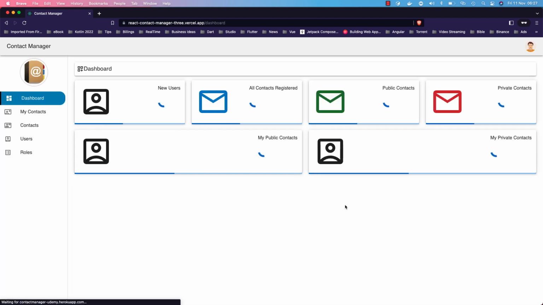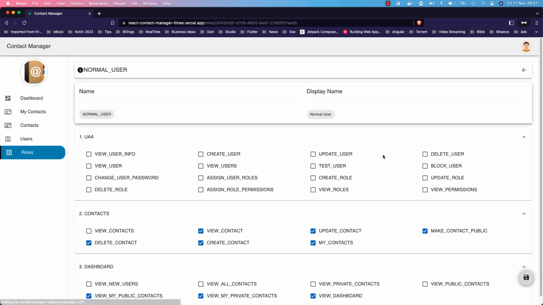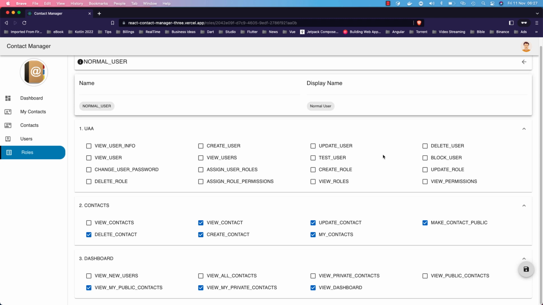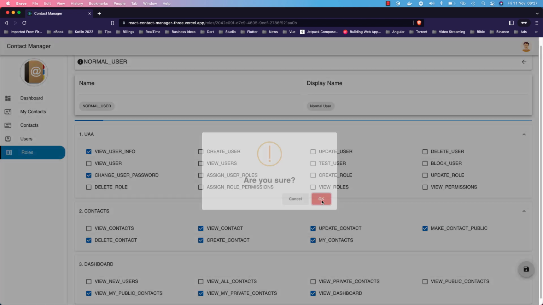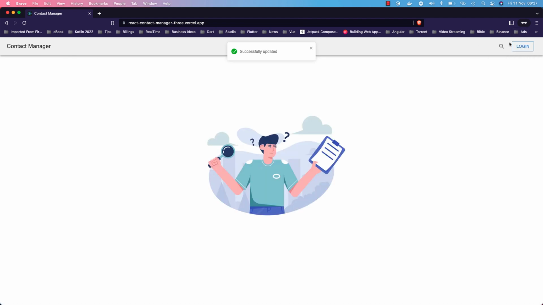Now we move to roles. Now let's go to normal user roles, and this is where we can add this view user info, because this is a permission, so this user can see this profile. And let's go and add change password, user password, so you can also see this change password. Now let's go and save this, and as you can see, if you log in as John Doe again,